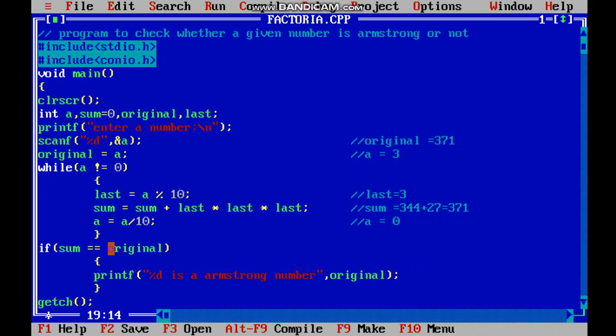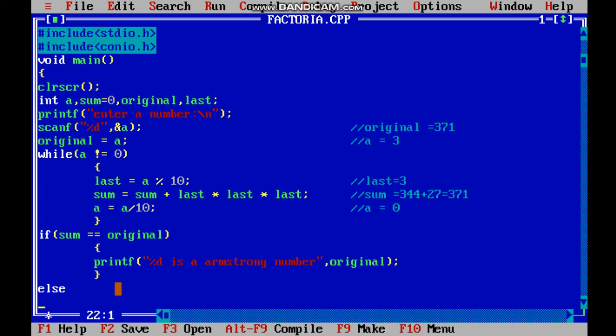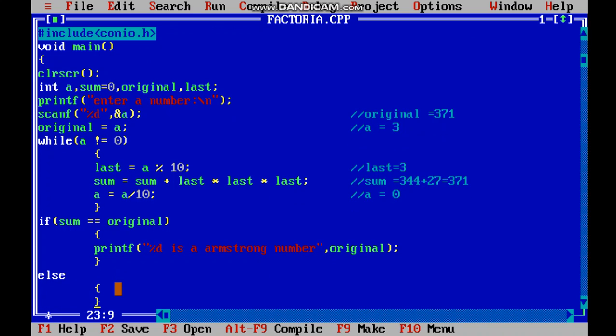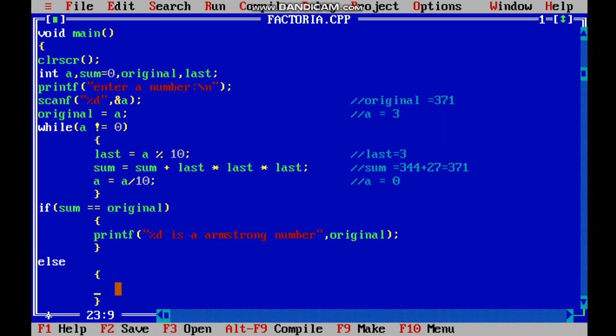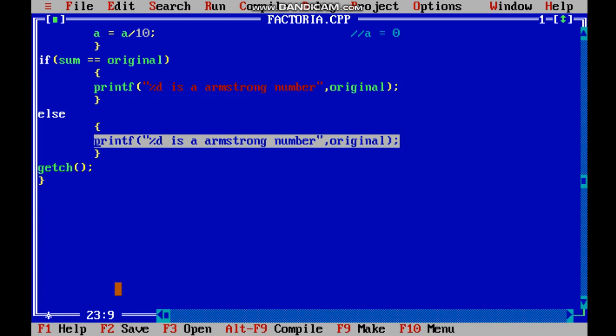If sum is equal to original, then it is an Armstrong number, right? And if not this, then else, printf is not an Armstrong number.